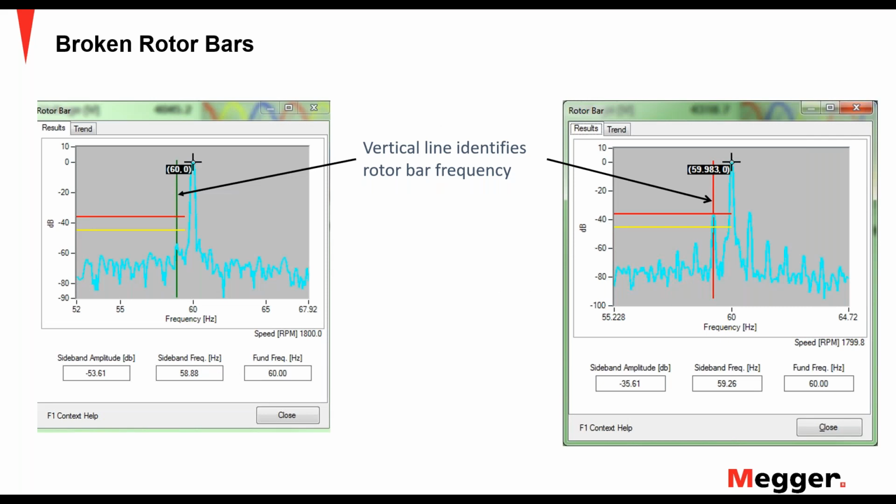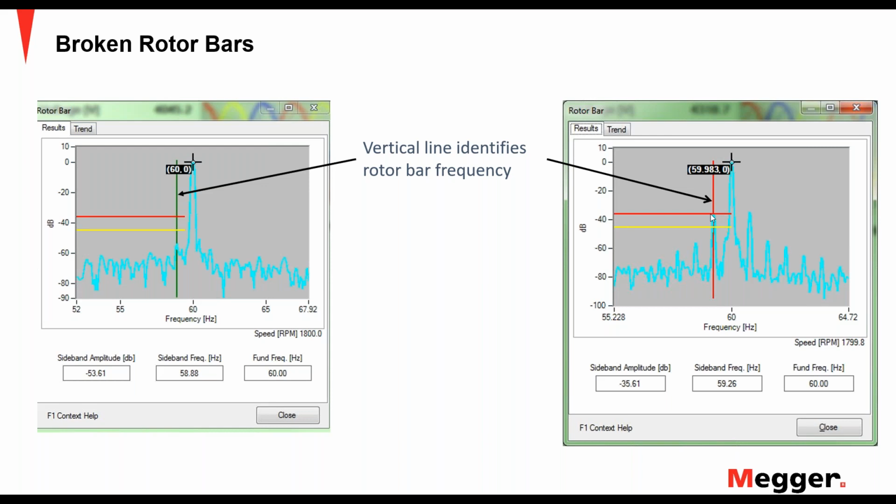Broken rotor bars are part of current signature analysis. So here we're seeing a current spectrum, and we've clipped out the part that's particular to rotor bars. And we are looking for this peak. And if that peak rises up to where our thresholds are, then we know we've got a rotor bar issue. We've got a broken rotor bar issue, as we see here in the right graph, where that peak has come up and now is in the caution warning